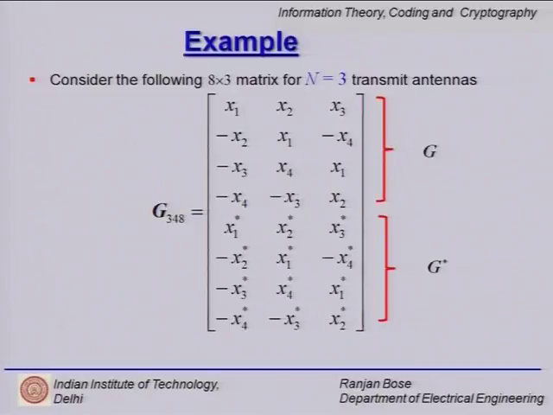Now please note here n is equal to 3. So if you see the subscript, n is equal to 3, 3 comes in here, and we have used 4 symbols to be transmitted, as you can see x1, x2, x3, x4. So k is 4, so the next number is 4, and this total design will require 8 slots. The number of rows represents the number of time slots, so 8 is the third number here. So we can denote this generator matrix as G348. Later on we will look at the performance of this as we go along the lecture.